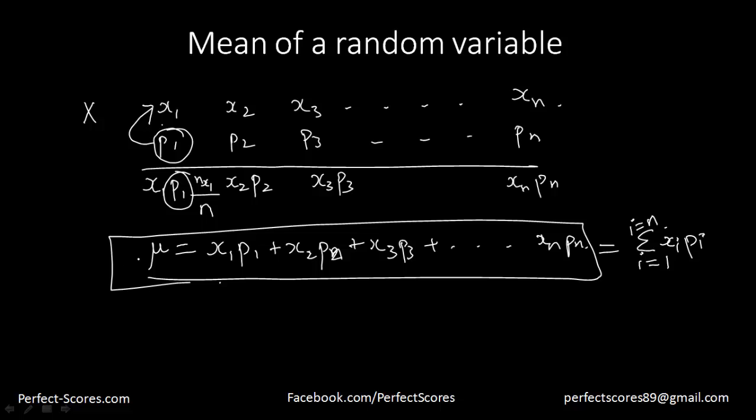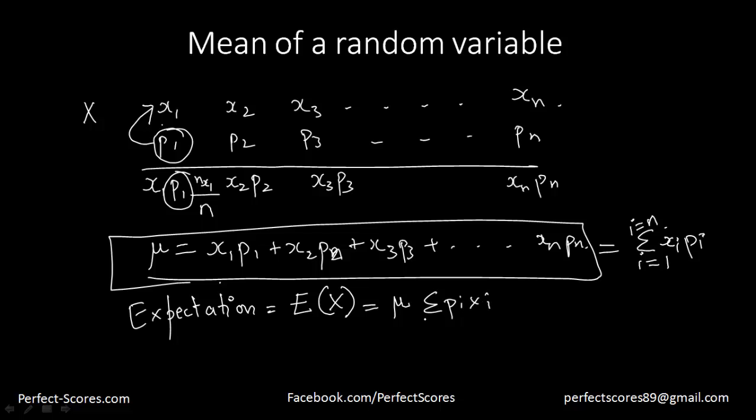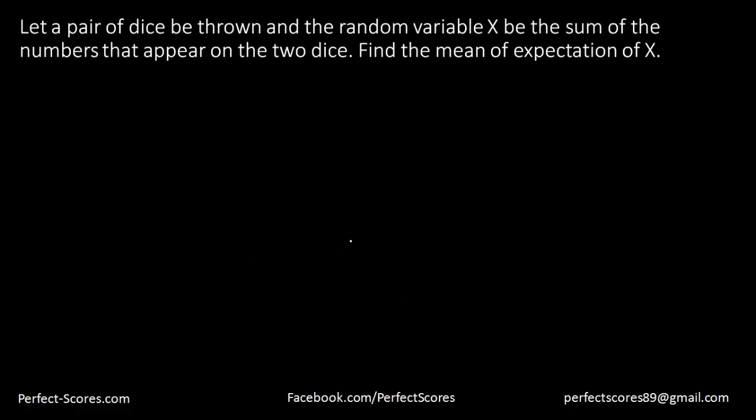Now, mean is also known as the expectation. It's also known as the expectation of the random variable x. So it is also denoted as the expectation of the random variable x, which is equal to the mean, which is equal to the summation of xi pi from 1 till n. So this is also known as the expectation of the mean. Suppose you're understanding what I'm trying to do here, let's use that in terms of an example so that we understand it.